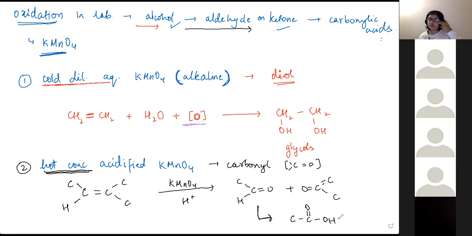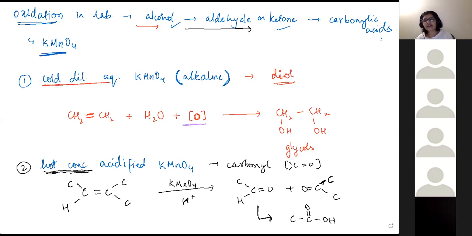Okay, so it's not like the reaction is going to stop at this. If you've got even more concentrated KMnO4, like if there's a lot more KMnO4 available, then even in the ketone, the carbon-carbon bonds are going to break, and eventually you might end up with just carbon dioxide, water itself, or maybe carboxylic acids itself. But yeah, so KMnO4 in acidified medium is an extremely strong oxidizing agent.